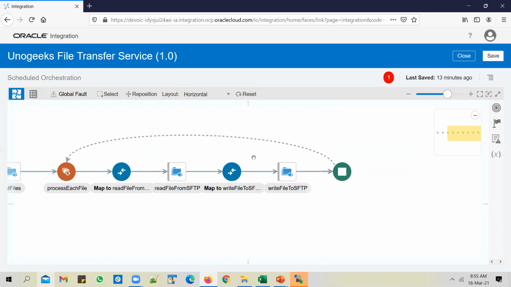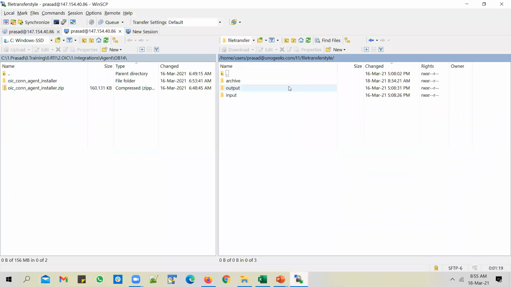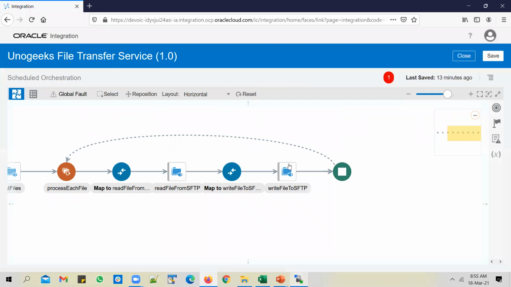In real time, when you perform this write operation, you will write it to a different SFTP server, not the same one. But since we don't have multiple SFTP servers, I'm using the same server, moving the files from one folder to another. In real time, you will use a different SFTP connection to move the file across the network to a different SFTP server.